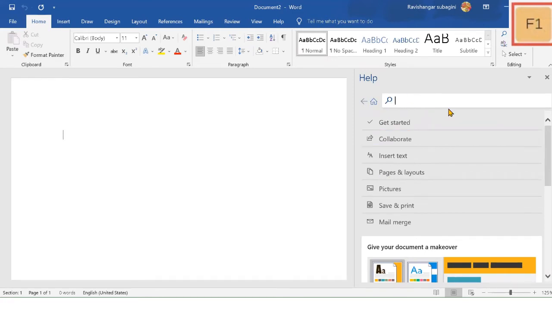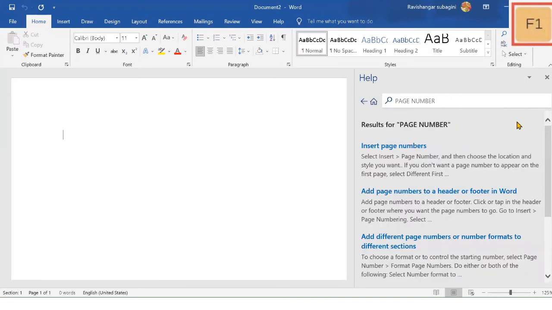You will obtain information on how to insert a page number and on which side it should be applied, etc. In some computers, the help menu doesn't show up, so you can obtain it easily by clicking the F1 key.